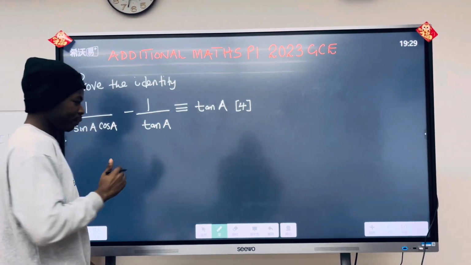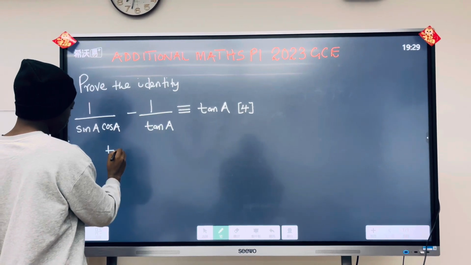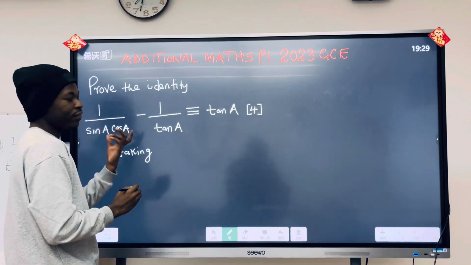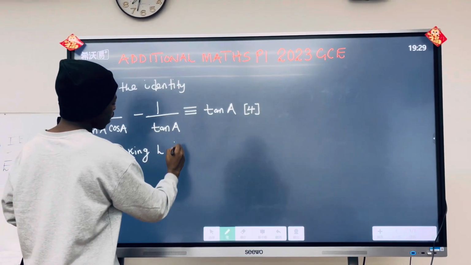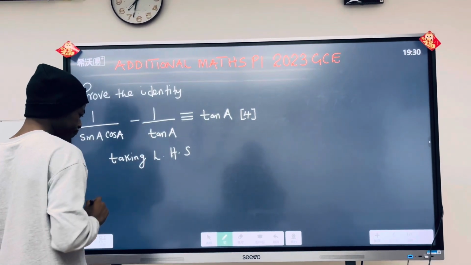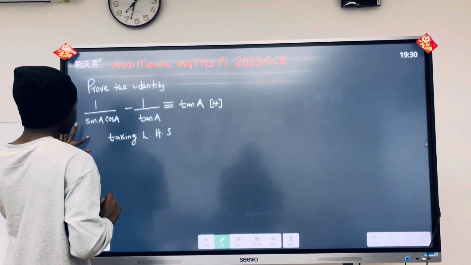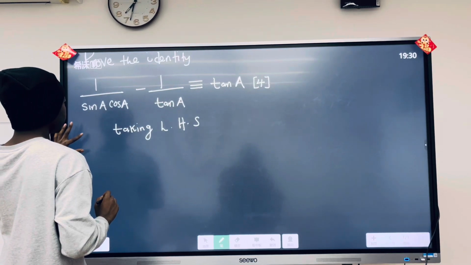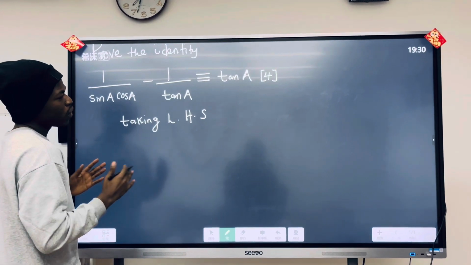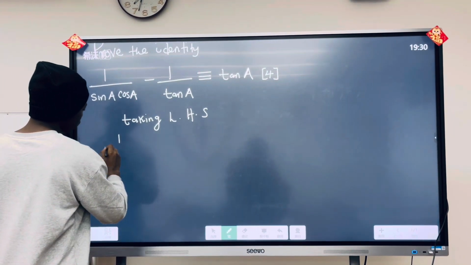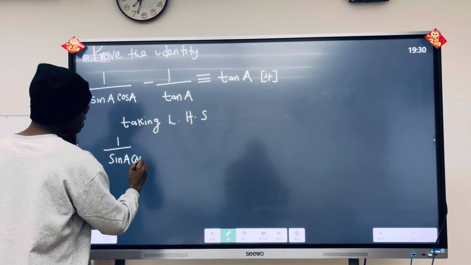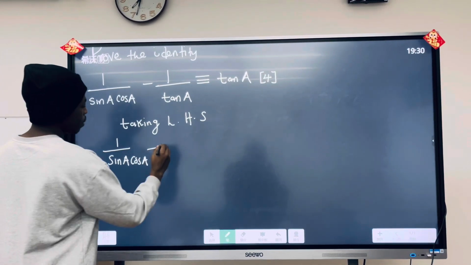So we shall say we are taking this side. This is the left hand side. So taking the left hand side, I just want to reduce this to tan A. So let's start. So I have 1 over sine A cos A, minus 1 over